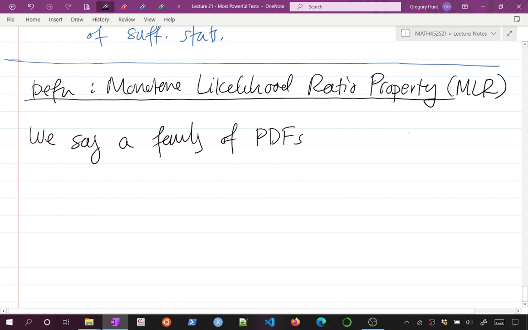Generically this family of PDFs is F theta, a collection of PDFs indexed by some parameter theta. We say this family of PDFs has the MLR property